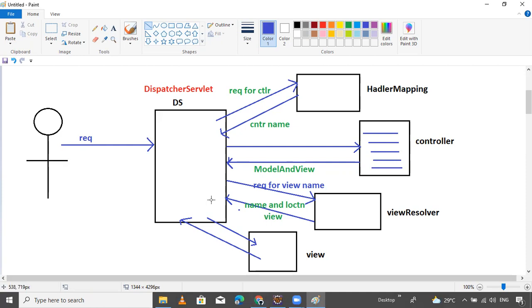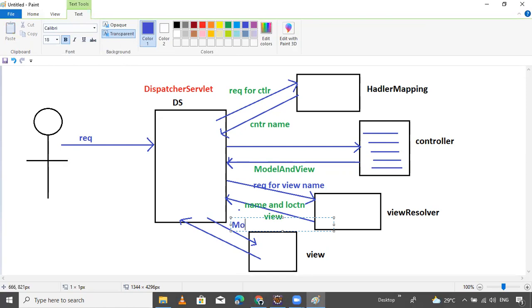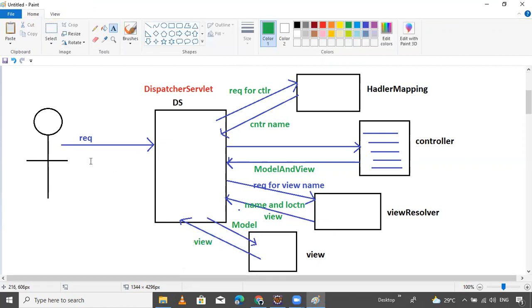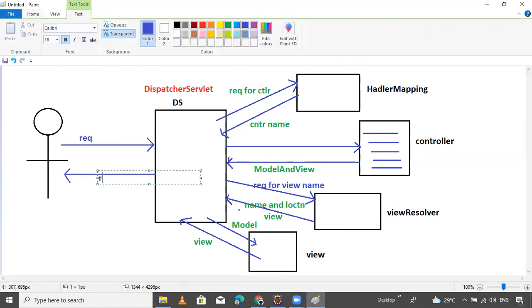Here is the model part, and here is the view part. Then the dispatcher servlet prepares the response for the client. That's it.